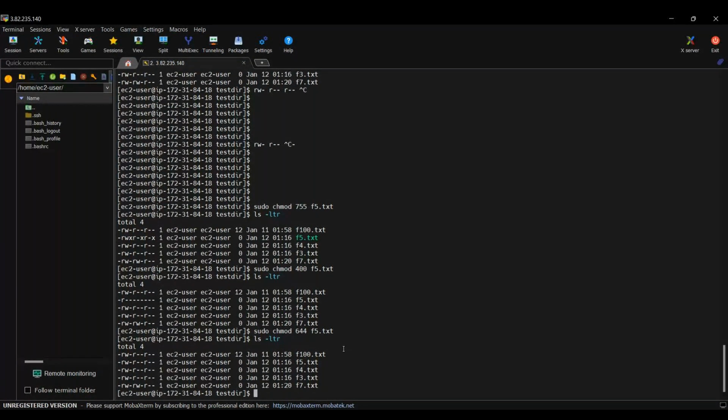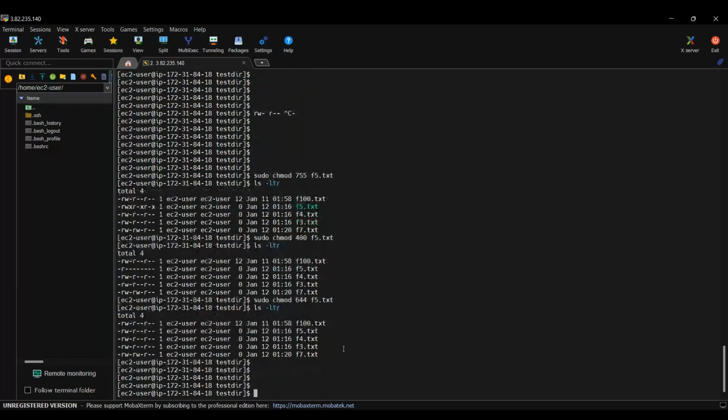Okay. So in this way, you can provide the permissions on a given file for the user, group, and other users on the server. All right, so this is one method. The other method is,